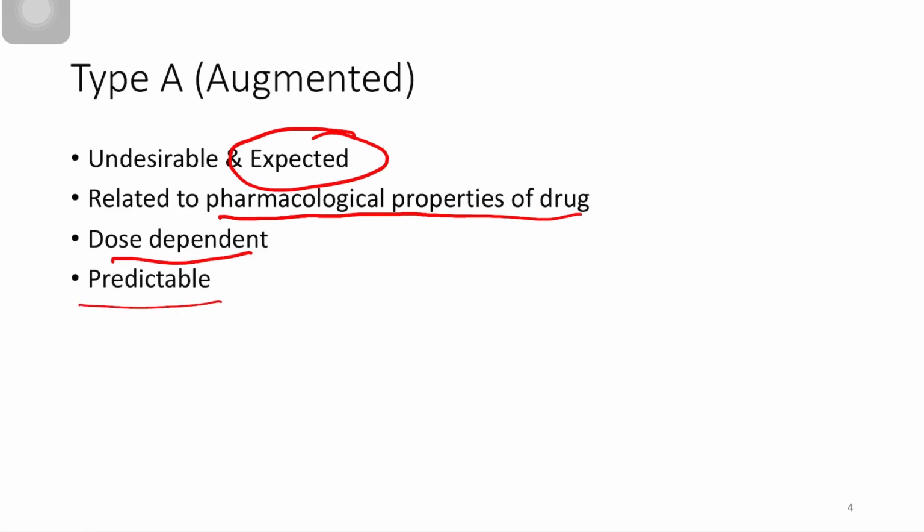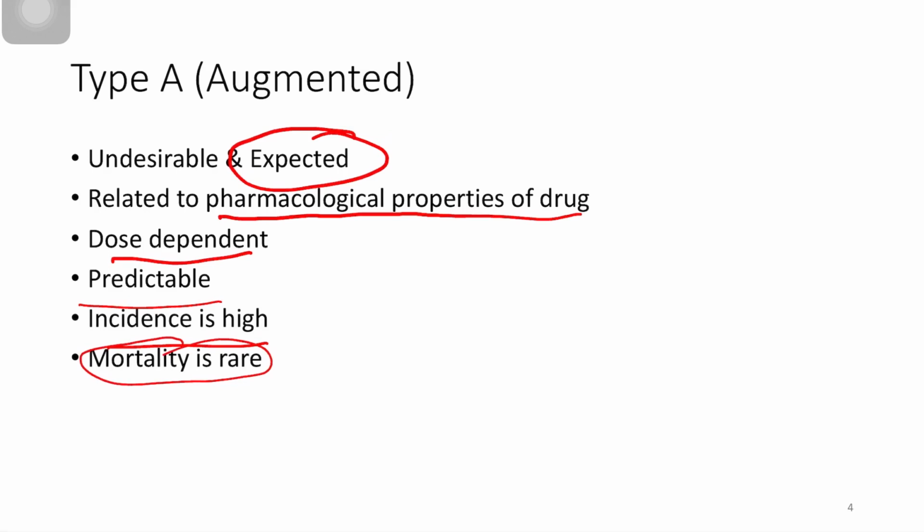It is predictable because we have already seen this kind of adverse drug reaction in different patients. So incidence is high. There are many chances of this kind of adverse drug reactions, and mortality is rare. These adverse drug reactions are not that serious, so mortality chances are rare. So undesirable obviously, but expected, related to pharmacological properties, dose dependent, predictable, high incidence and less mortality are type A